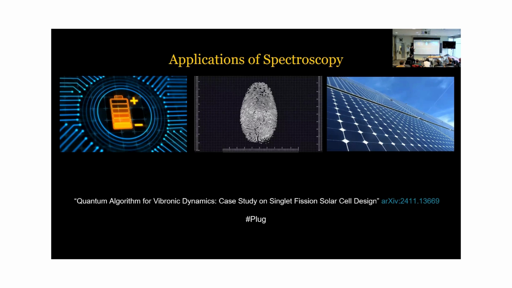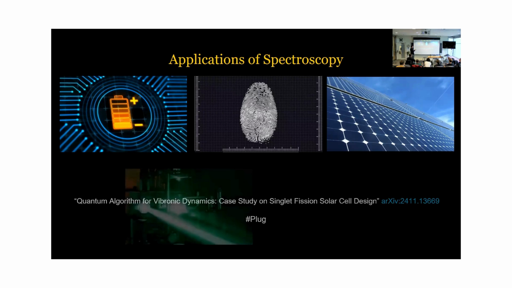Now, if you combine that algorithm with the spectroscopy stuff that I'm going to present here, you can do vibronic spectroscopy, which is itself important. But in that paper, we don't look at spectroscopy, but at a different observable, which is actually a lot easier to measure, which is state populations. Anyways, it's a bit of a plug. Moving on,